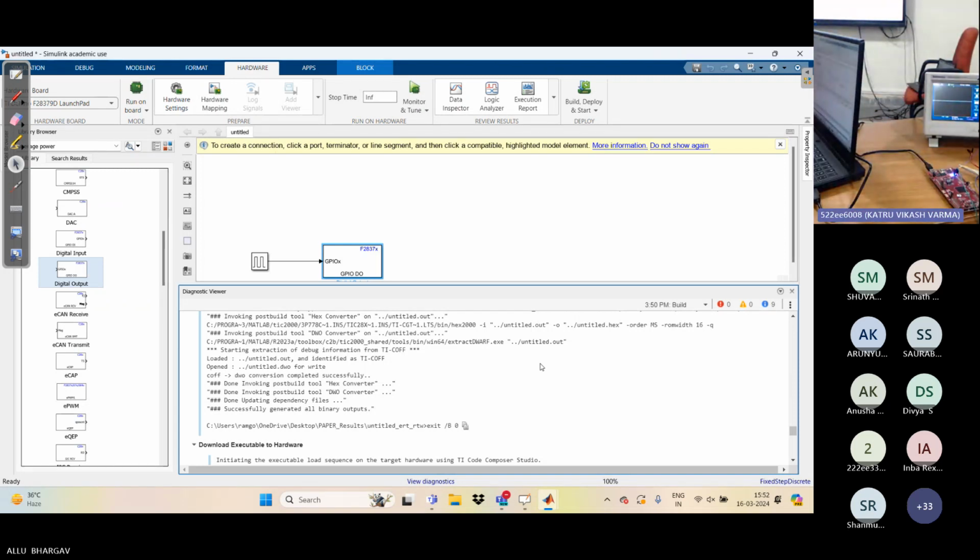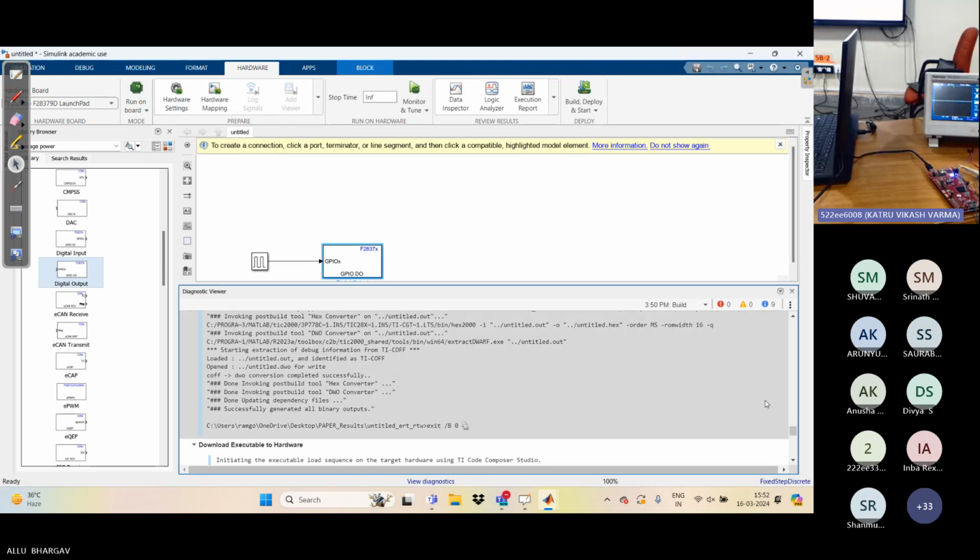Pin number 40. You can see the output in here, pin number 40. And the output of this program will be